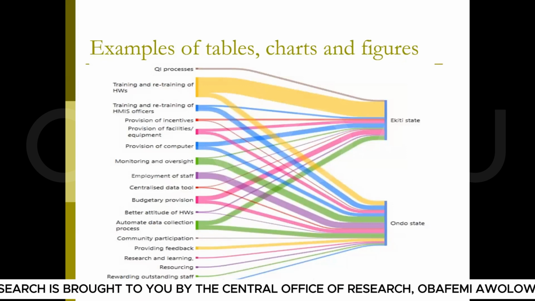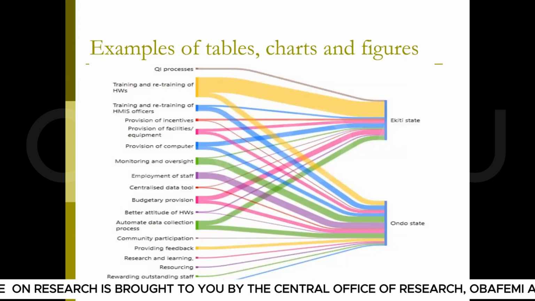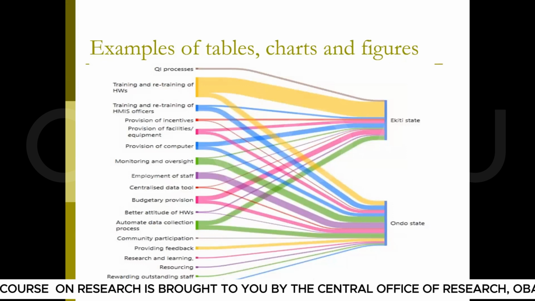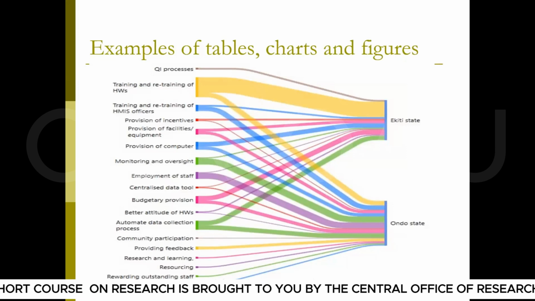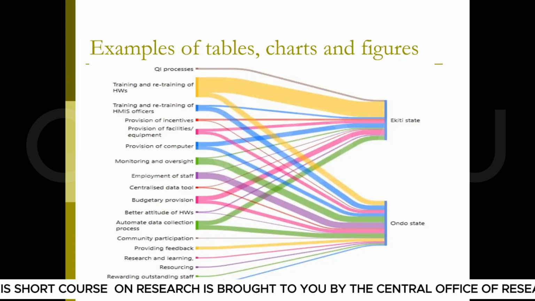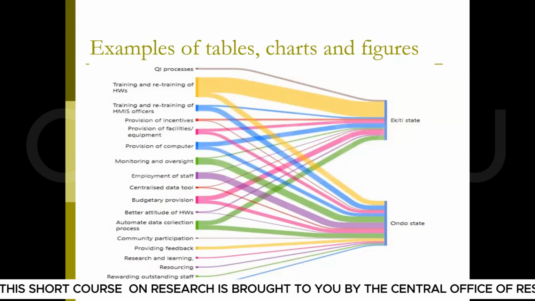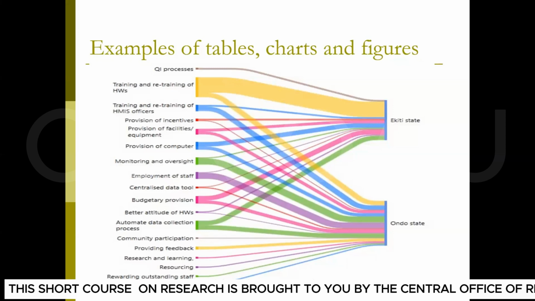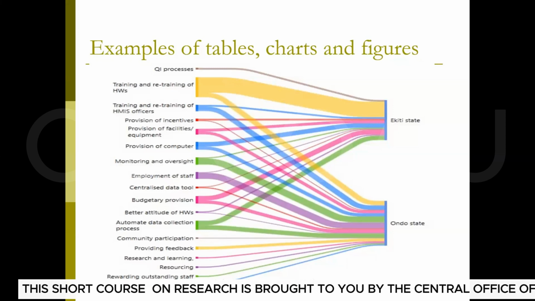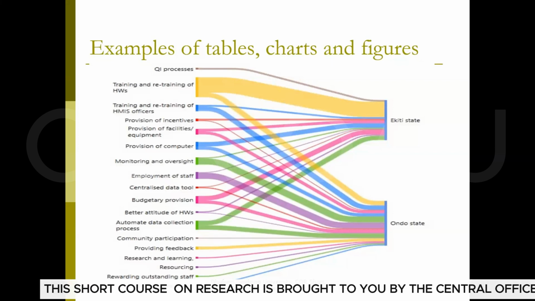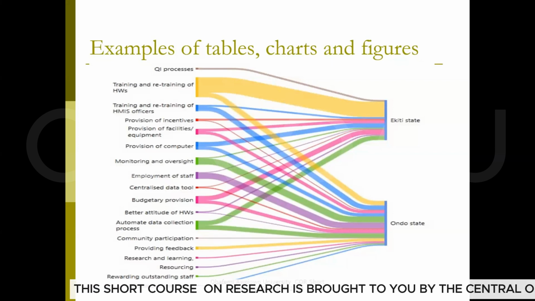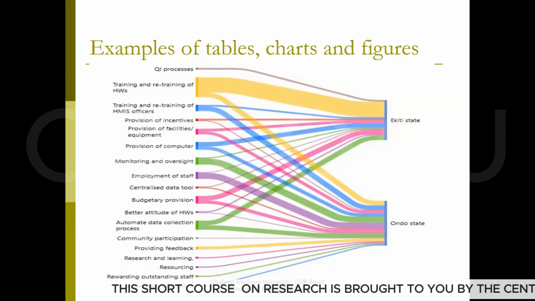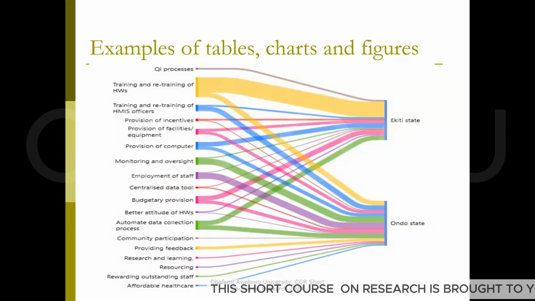Issues about data gathering: what are the factors that affect the quality of data gathering at PHCs from two states. So you can see what you have here related to Ekiti State is here. All you have related to Ondo State is down there. So the thickness of each line talks about how well they are mentioned, like the other one that was just giving us a plus. This one tells you how well each of these is mentioned; training of health workers is what appears most mentioned in Ekiti State.